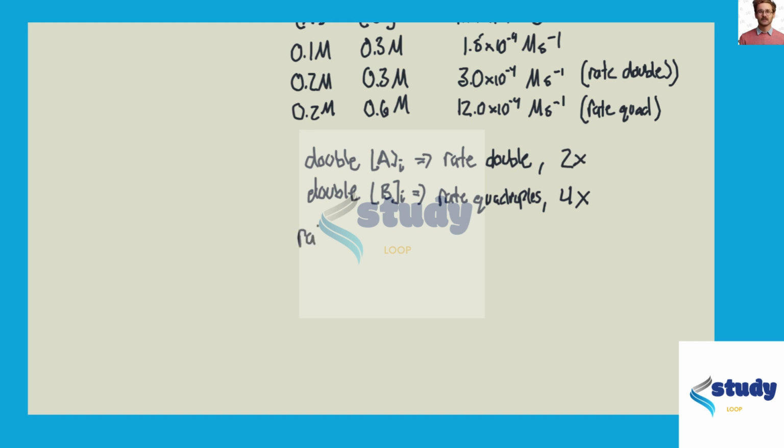That is, rate as a function of A and B equals, okay, now what we're supposed to do is use this information about the doubling of A leading to the doubling of rate to find a mathematical relationship that would equate to doubling a number, such as A, and having the rate double, right? So consider rate equals K, some constant, times A,